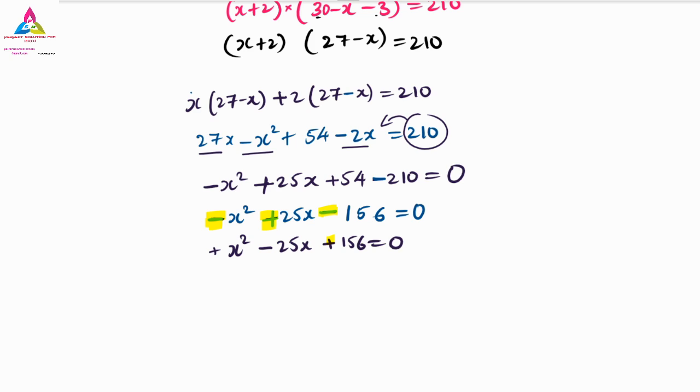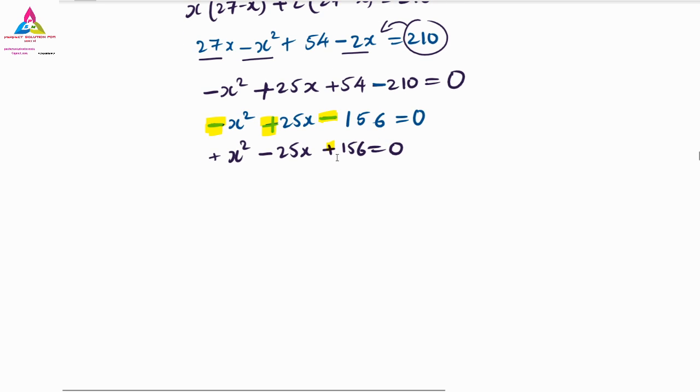Which one will you go with now? Quadratic formula. Two members know that formula. Will you go for the quadratic formula or the factor method? Either one you can solve with. It is left to you, but very importantly, you must know both. You can go with the factor method also, because they have not mentioned here which method to use. Very good. It is left to you, but I will go with the quadratic formula only.